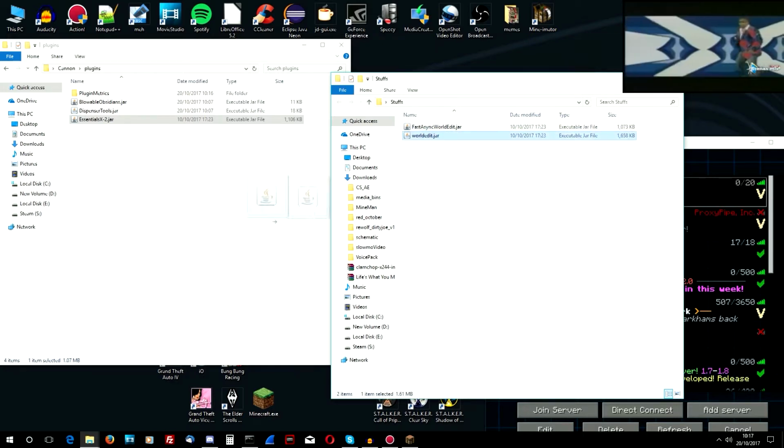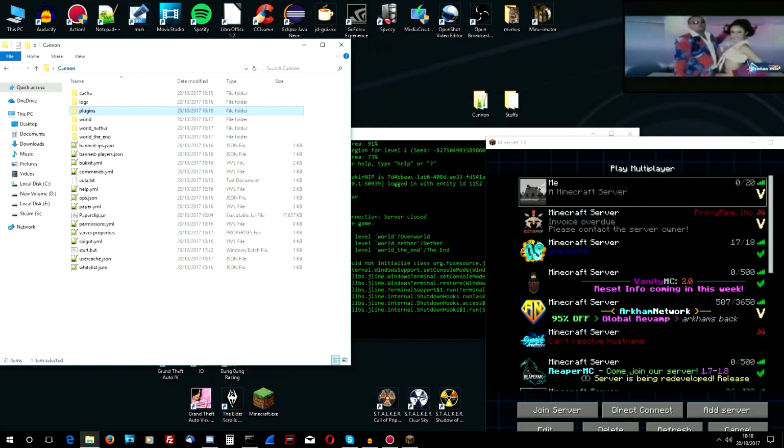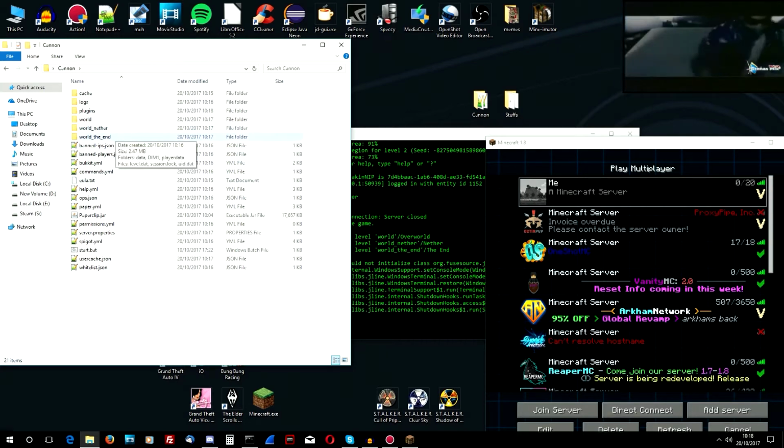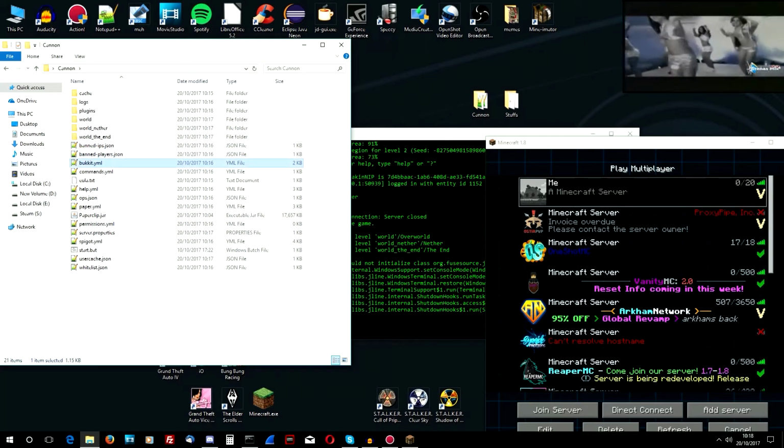WorldEdit.jar, that's so you can do world edit, and FastAsyncWorldEdit is so you don't crash yourself when you're doing big world edits. So there are all the plugins. Now we're going to look at some of the files here. We don't need to worry about this, we don't need to worry about this, we don't really need to worry about this. What's important here is